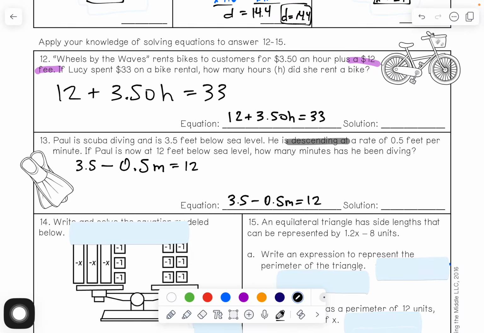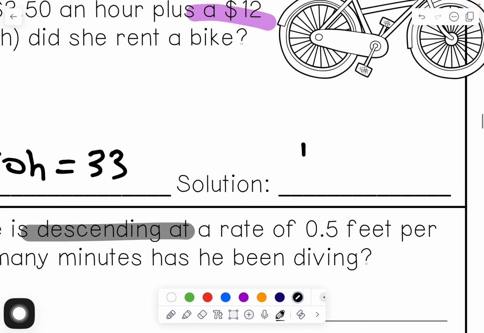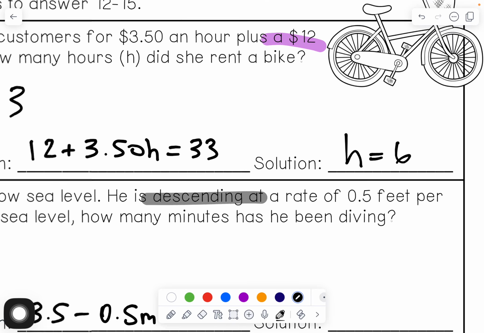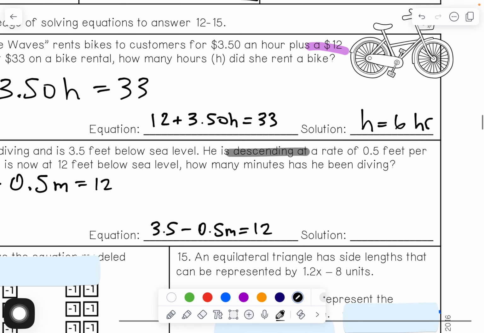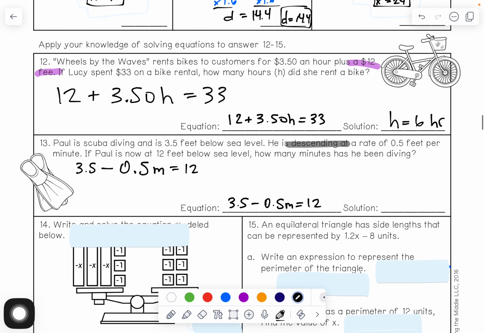So if you're back, you should have got 6 for your hourly mark here in the first question. That's how long Lucy rented her bike. And then if you're on the second one there and you talk about Paul, then you probably would have gotten,